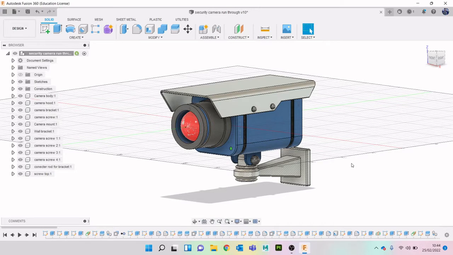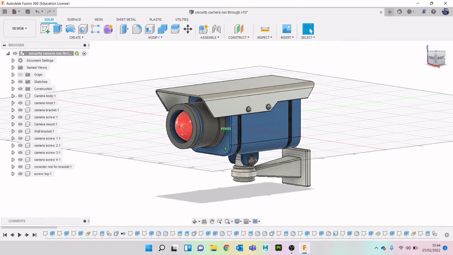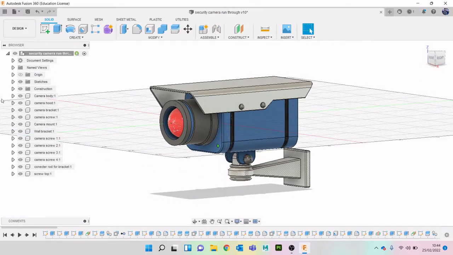Hi everyone, in today's video we're going to have a look at how to take your model that you've done in Fusion and then start to produce some technical drawings from it. So there's a few things to know. First of all, my model is finished. So I have modeled everything, I added my materials to it, and then most importantly down the left hand side